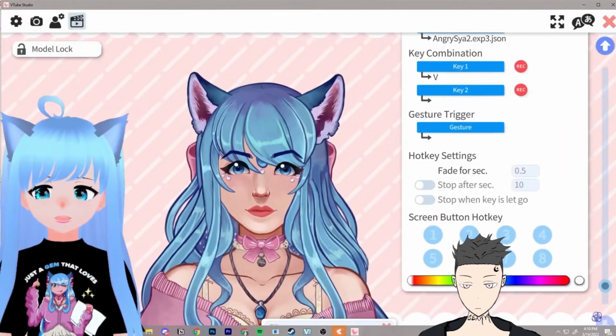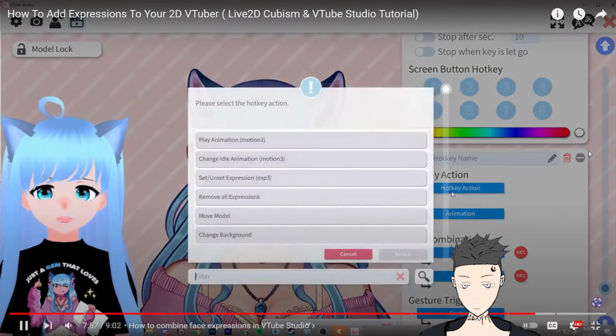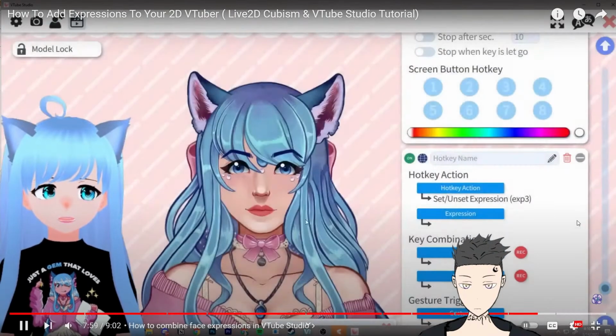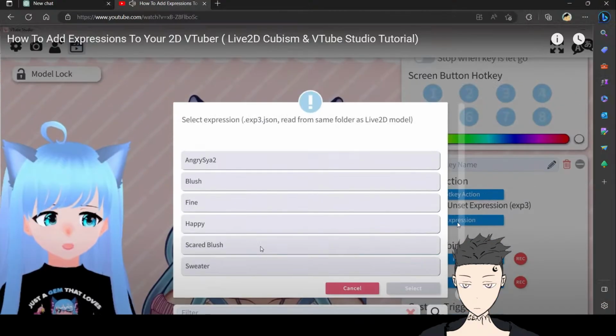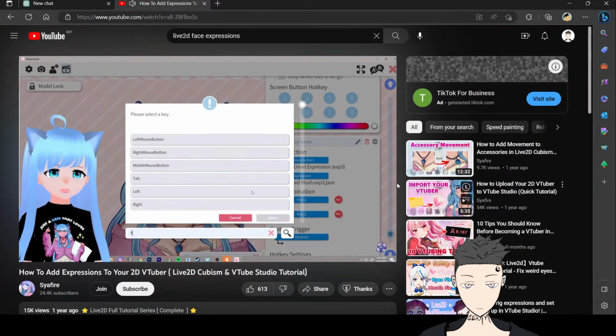You can click cancel out of there, and then we'll go to plus again, and we just do the same thing. Hotkey action, set, unset expression, and then you can go to expression and select the one we just named. So we did scared blush. And then let's choose a key. I'm just going to choose